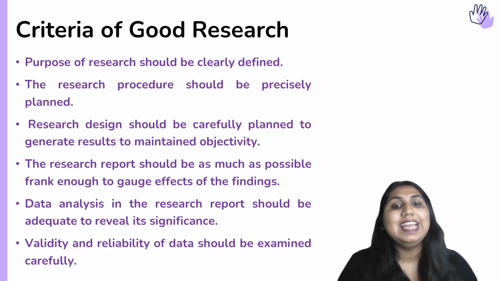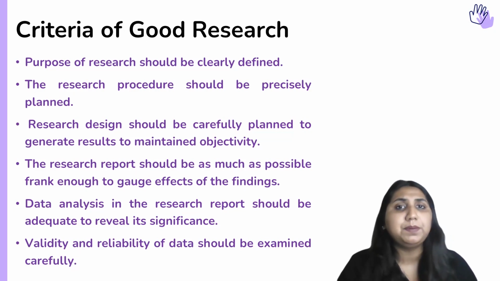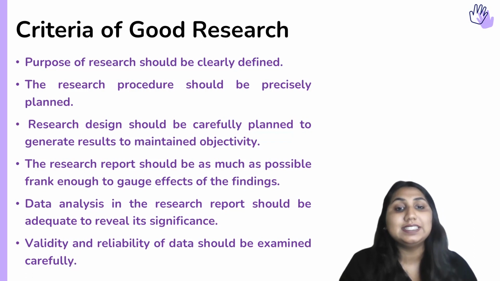So we have to make sure this does not happen, and we are able to adequately plan and use a specific research design. Next is whatever research report you are writing, these are your empirical papers, your thesis, and your other studies. Whatever research report you are writing, you have to be frank and open and authentic about what had happened. Okay, so whatever you are writing should indicate that yes, these effects were discovered through the findings, and this is something that we concluded. All right, moving ahead, next, data analysis and research report should again be of adequate level to reveal the significance and method of analysis employed.